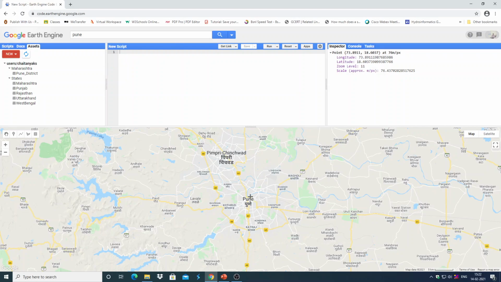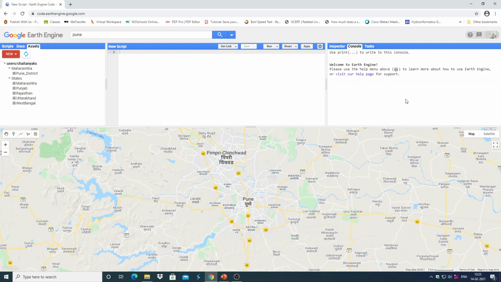You can use those coordinates, and whenever the other map layers are displayed, you will also get information about the pixel, the value of the digital number or the value of that layer at that particular location. Now, because no layer is displayed, we are only seeing the coordinates only. So we will also explore it later.